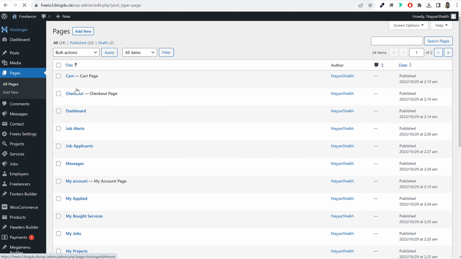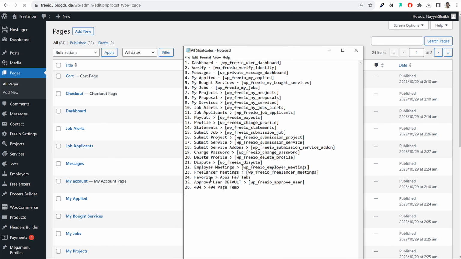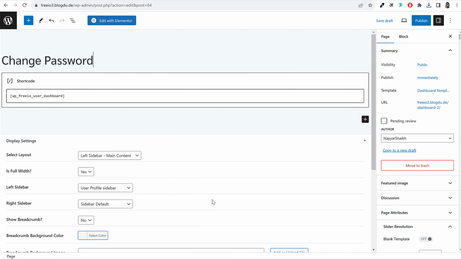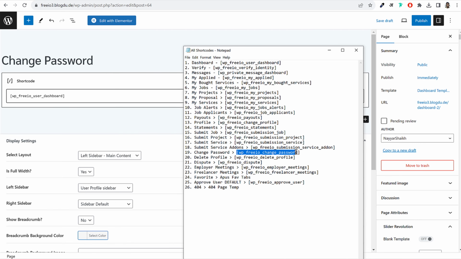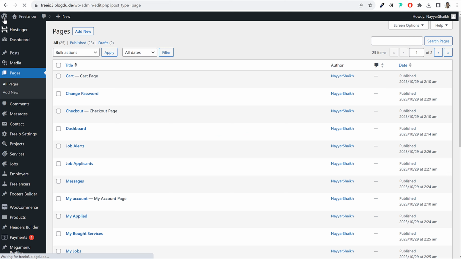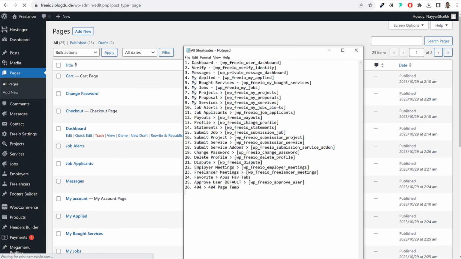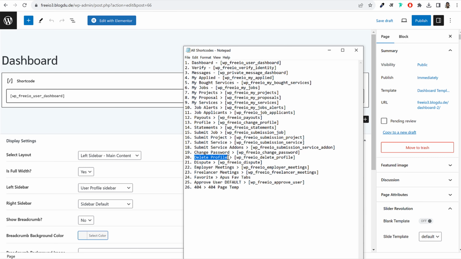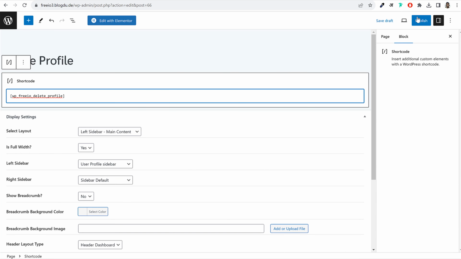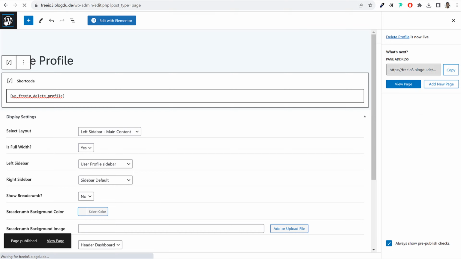Again, come back. Dashboard, new draft. Change password if user wants to change password. Shortcode for change password. Publish it again. Come back again. Dashboard, new draft. Delete profile if somebody wants to delete their profile, and shortcode for delete profile, replace it, publish it, come back,